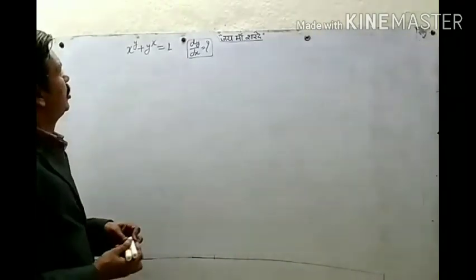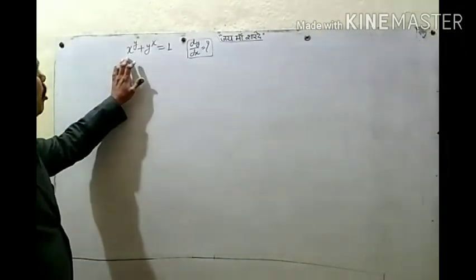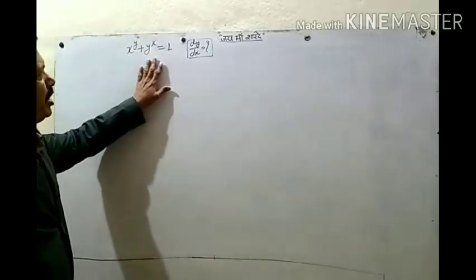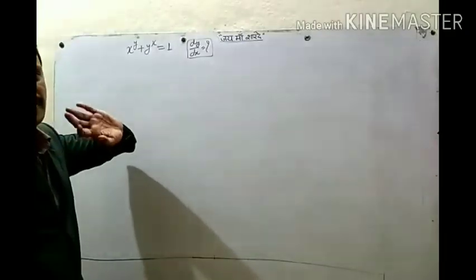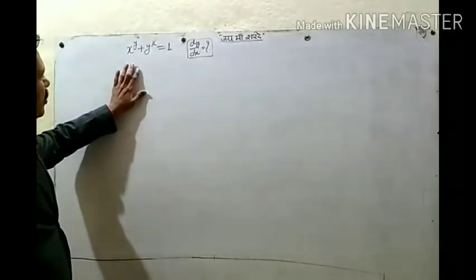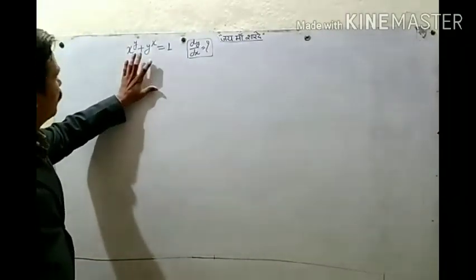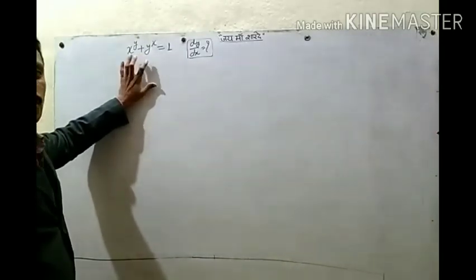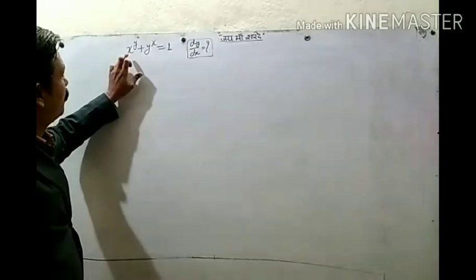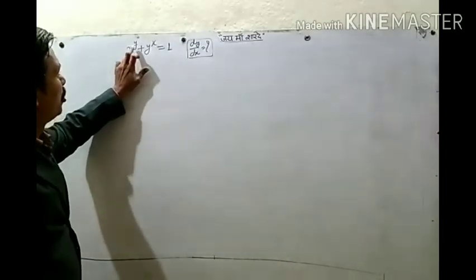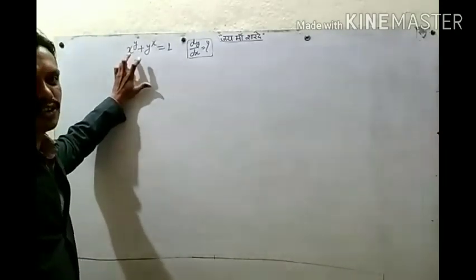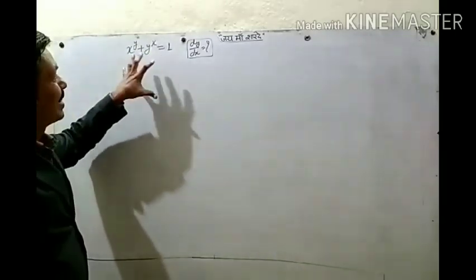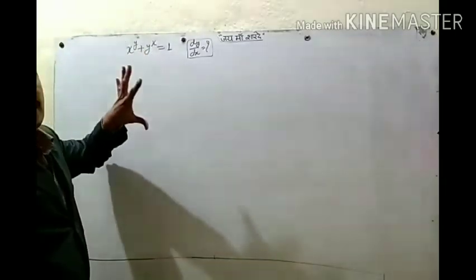Now let's see one new question. x to the power y plus y to the power x is equal to 1, and we need dy by dx. Okay, so now in this question, what happens? On the left side we have two terms and both are in the form of p to the power q, where p and q are functions of x, that is x to the power y plus y to the power x. So directly we cannot take log.